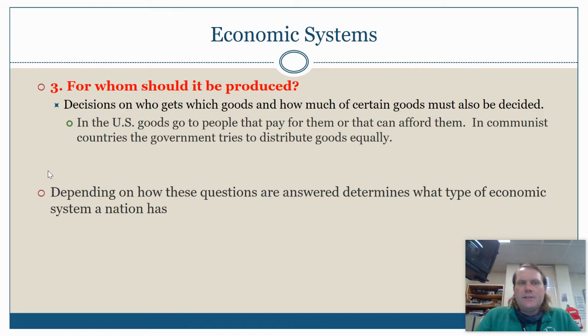In the United States, it's pretty simple. We just say, well, you can buy that stuff if you can afford it, right? The government does very little distribution of goods in normal operation. Now, that hasn't been the case forever. During World War II, World War I, we had some rationing of goods. The government has controlled some of those aspects of the economy at times, but it hasn't been very common in